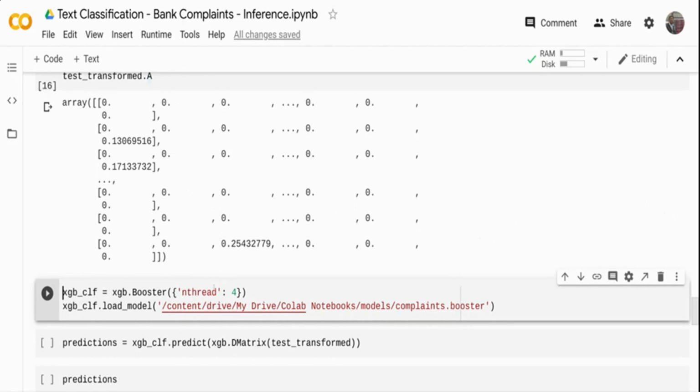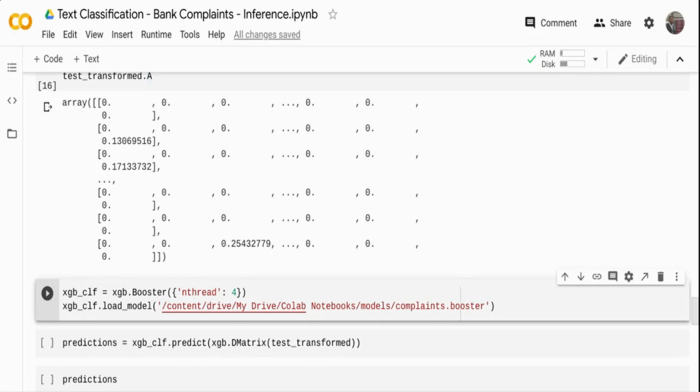Now I am going to load my XGBoost model. To load it, I'm creating a booster object, so I'm calling xgboost.Booster and setting n_thread equal to 4. I'm telling it to use 4 threads to run. If you have a lot of cores, you can parallelize the tree execution. Only when the booster is training are the trees dependent: the current tree is dependent on the previous tree to reduce the error. But during deployment, every tree is independent, so you can execute in parallel.